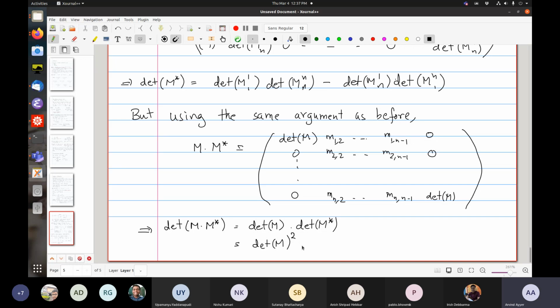So determinant m whole squared from here. And then what do I have left here? Okay, so maybe I should have written it. So m2 n minus 1. Oh, sorry, other way around. M n minus 1 2 to n minus 1 minus 1 3. This block over here is exactly